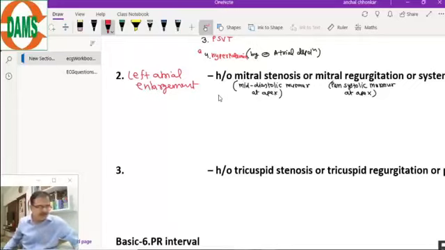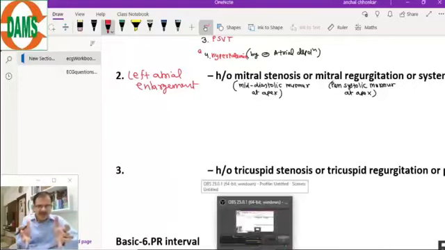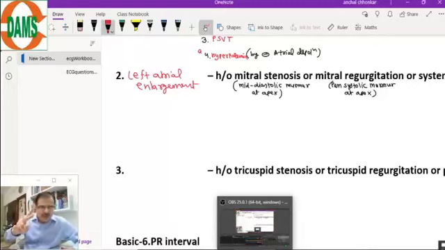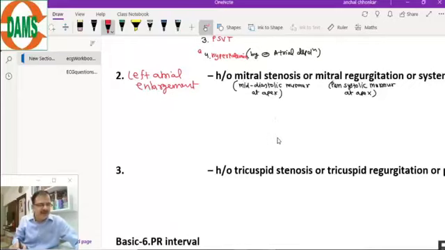All right, so from the clinical history, we will make a differential diagnosis that there is a left atrial enlargement. Now what will we think? We will look at the two leads, either lead 2 or V1, and we have done the normal P wave in lead 2 and V1. So whenever we are thinking of left atrial enlargement, now you focus on